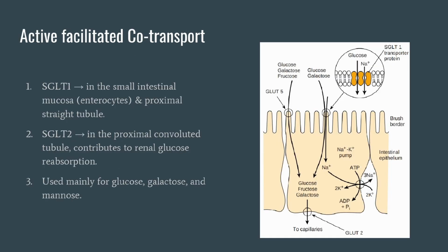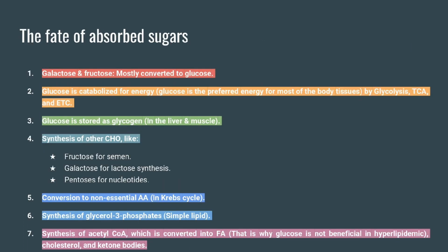About active transport, it is achieved by a sodium-dependent glucose transporter with the Na-K pump consuming energy. It is secondary active transport. SGLT1 is found in the enterocytes and proximal straight tubule, while SGLT2 is found in the proximal convoluted tubule and contributes to renal glucose reabsorption. This method is used to transport glucose, mannose, and galactose. After absorption has occurred,